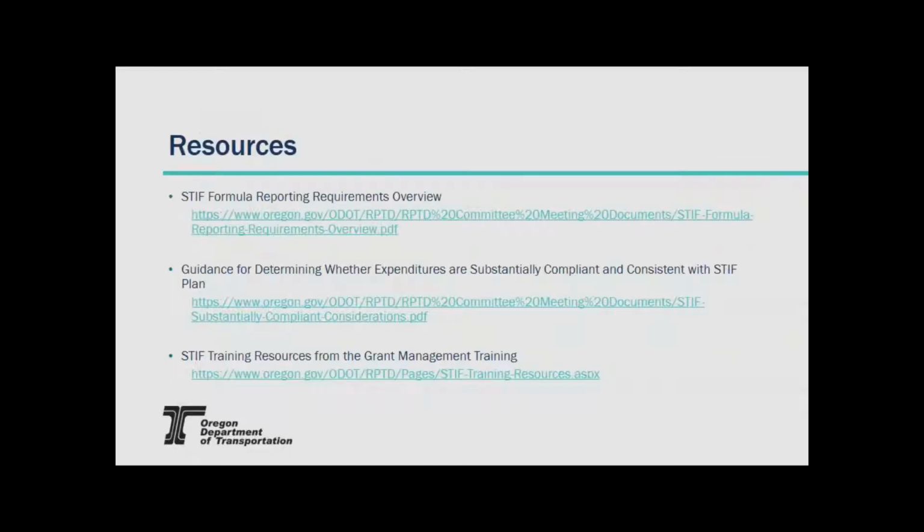And quickly, resources and contacts. We have that overview document, which I talked about earlier, which is very helpful, background information, the guidance for determining whether expenditures are substantially compliant and consistent with the STIF plan, which David alluded to earlier during his demonstration, and the common issues section. And there's a lot of helpful information from the STIF training resources from the grant management training, which was done in July.